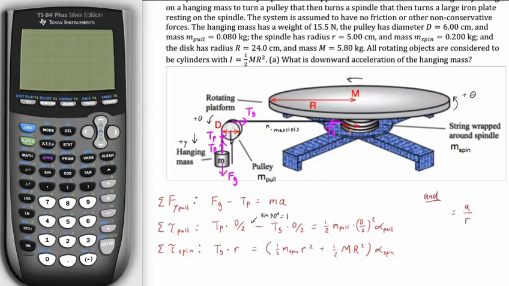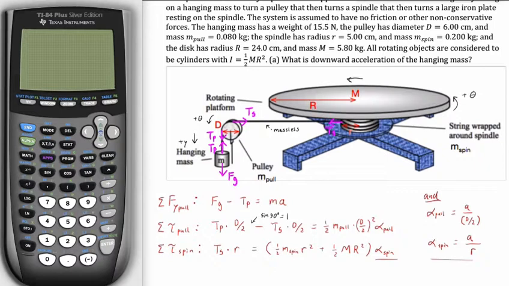Okay, so then what's going to be different is that I'm going to have alpha pull, and then we've been calling the radius of the pulley d over 2, just to be clear with our subscripts, and then we have a comparable equation, alpha spin, and that's going to equal a over little r. All right? And little r, not big R, and the big R is not relevant for the angular acceleration because